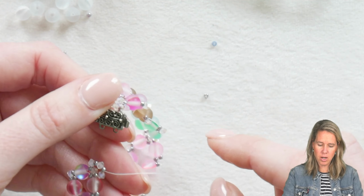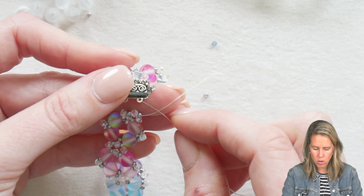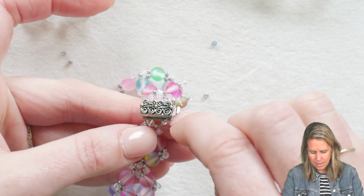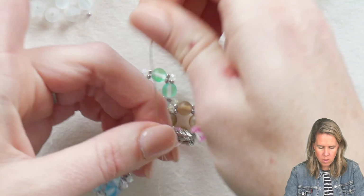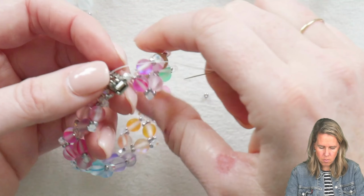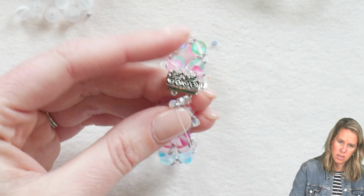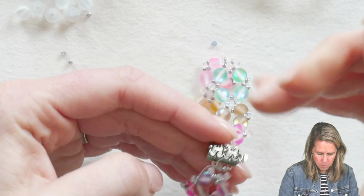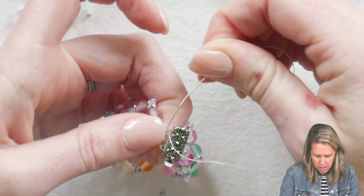Now I've kept the clasp here attached because I don't want any twists or turns in the clasp and not to put that push on the wrong side. So I'm going to first go up through the loop, back down through that last crystal, 11, crystal. Give a nice tight pull, making sure again that I'm not doing any sort of twisting in the bracelet and the design here. Go up through the other loop, back down through that piece again rather,